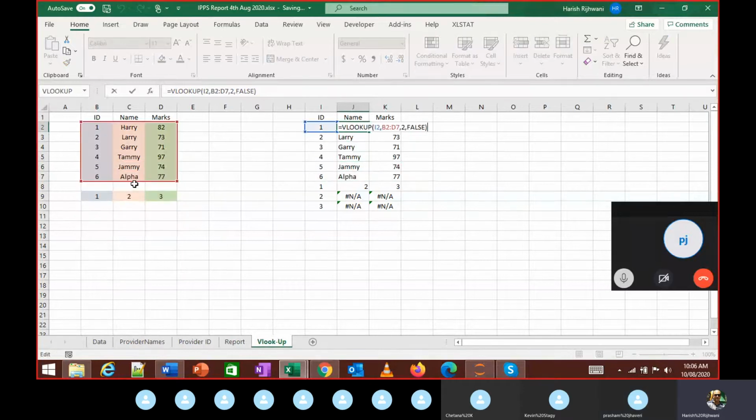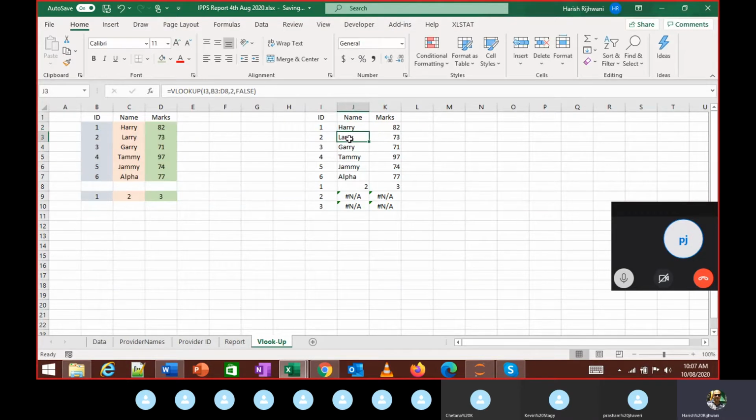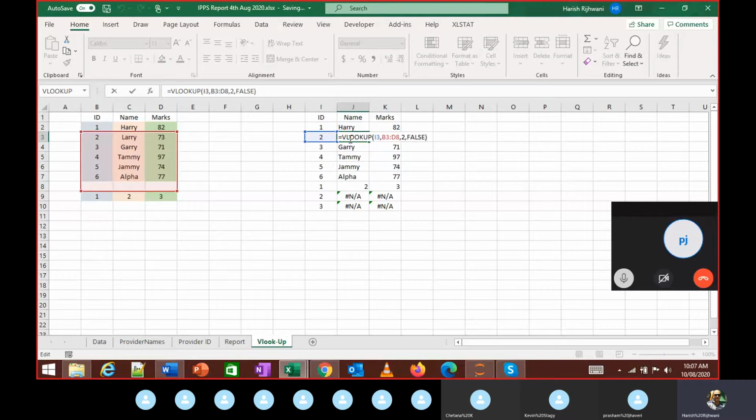So in Excel, what happens is when you copy a formula which has a reference to some place, it is going to automatically shift that reference. Why? For Excel, when it is I2, this range starts from B2. So when this becomes I3, this range will start from B3. When this is I4, this range is starting from B4. That is what it's doing. It is automatically changing that reference.